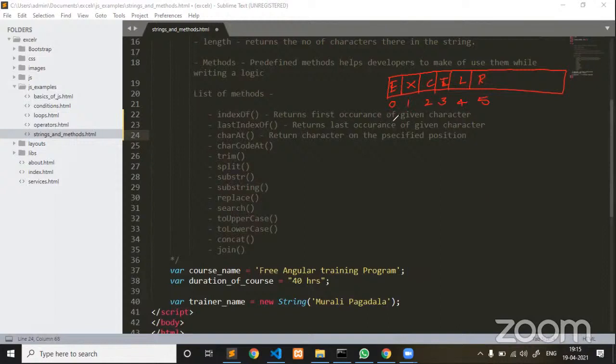Now this indexOf method returns the first occurrence of a given character. I'm just giving an example for indexOf. Think of a variable company is equal to, if I'm storing EXCELR, kindly understand that behind the scenes in memory, the EXCELR string is stored in this particular fashion.